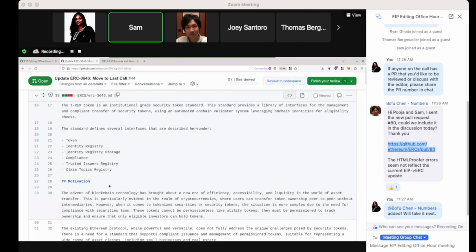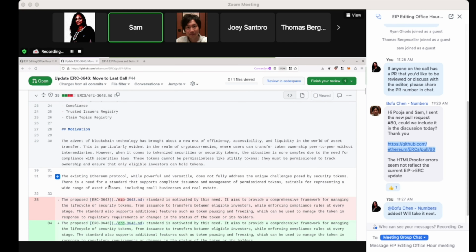Neat. The advent of blockchain technology has brought about a new era of efficiency, accessibility, and liquidity in the world of asset transfer. This is particularly evident in the realm of cryptocurrencies, where users can transfer token ownership peer-to-peer without intermediaries. However, when it comes to tokenized securities or security tokens, the situation is more complex due to the need for compliance with securities laws. These tokens cannot be permissionless like utility tokens. They must be